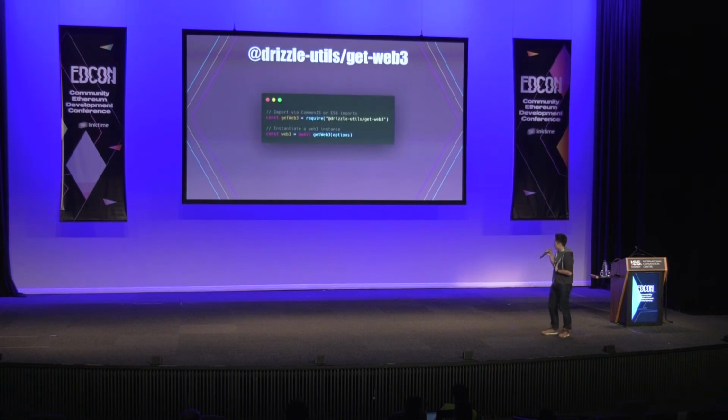And finally, my favorite convenience function is the getWeb3 function, because for the longest time, we just copy and pasted this chunk of code that gets the web3 from what used to be window.web3 and then became window.ethereum. It's just a lot of work, and it's 2019. Who has the time for all this? It's a separate utility from the main Drizzle utils core, but it's part of the same monorepo. We require it, and then we can pass in your options. What are these options? Let's find out.